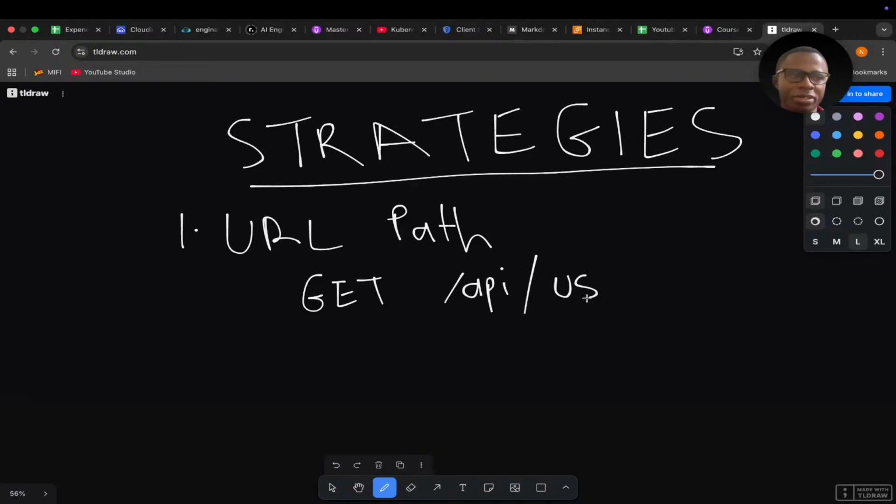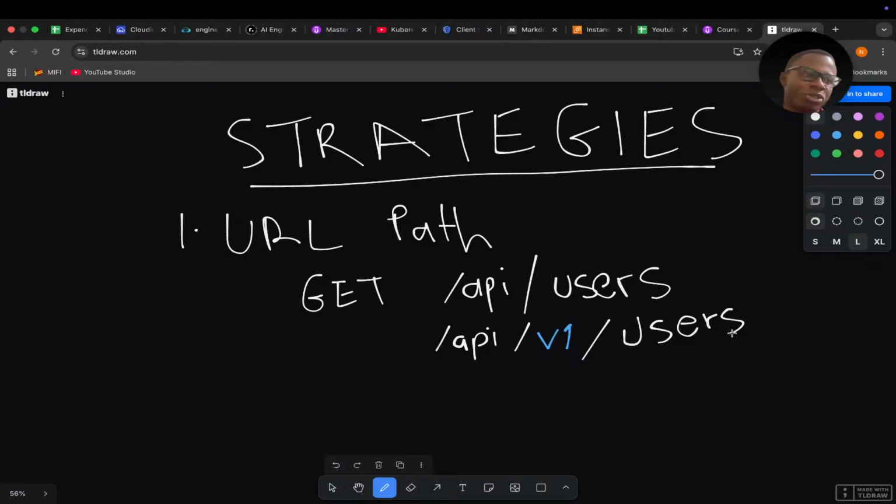If this is an endpoint for picking users, this one has no URL API versioning. To introduce API versioning, I'll do something like /api/v1. So this v1, V will stand for version, and then 1 is the version number, meaning version 1. Then /users. This is one strategy. So that later in future, if for example you change the data type, maybe you have a field which was taking a string, and then later you want to change to an integer, version 1 stays with the string,